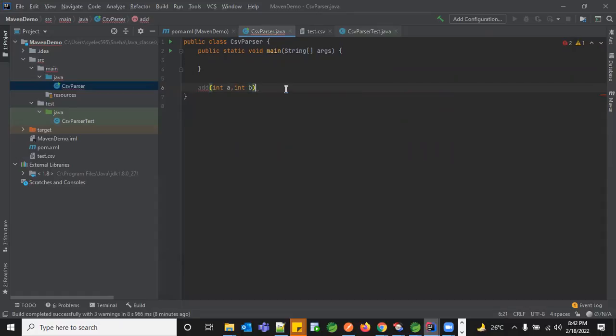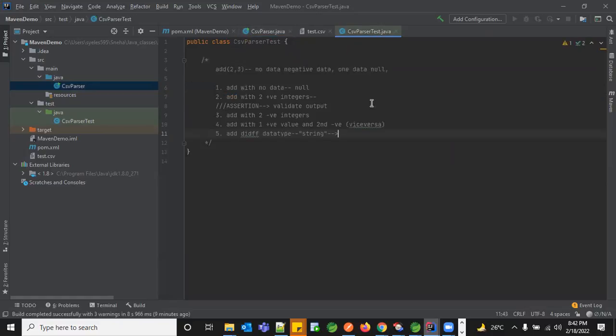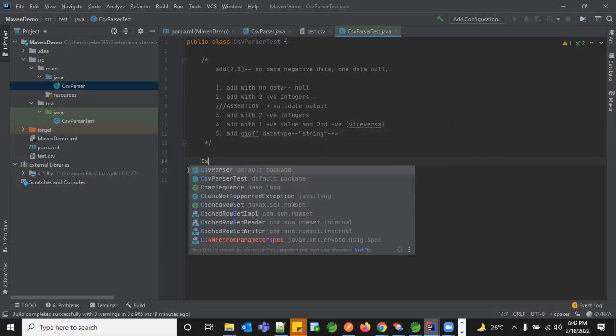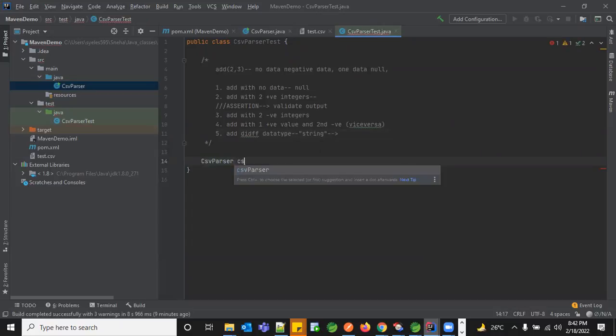And you're going to return something, and it is going to return int. So if this is your class, what we do in the test class is we just create an object: CSVParser parser equal to new CSVParser, and then through this parser,